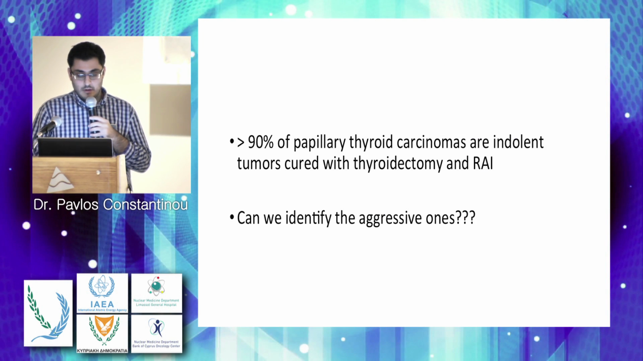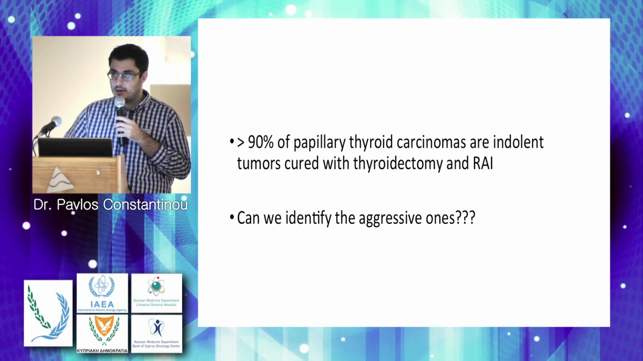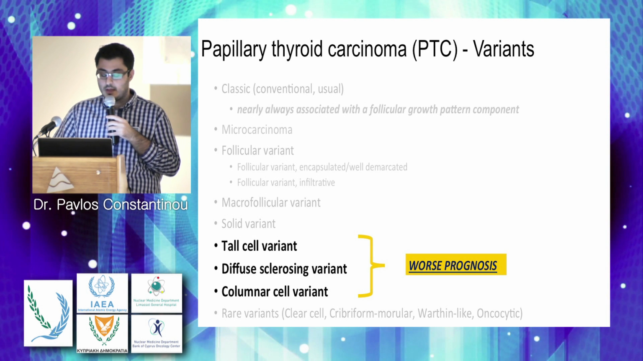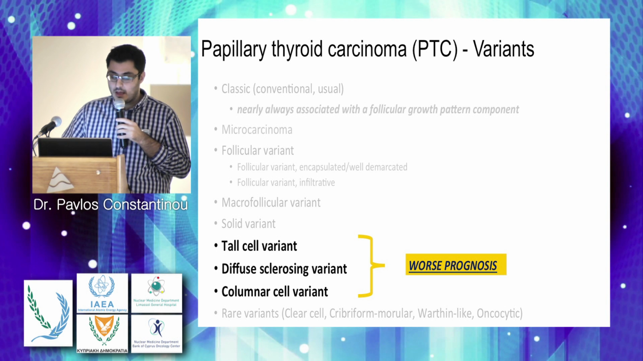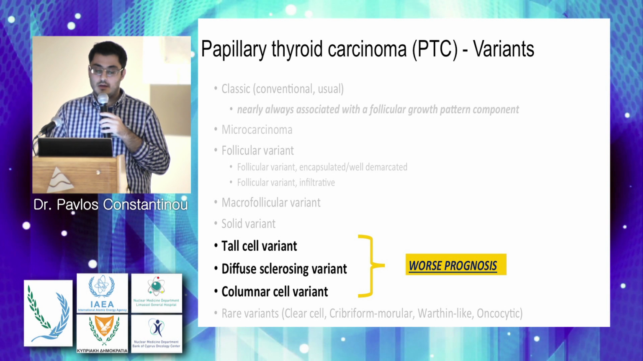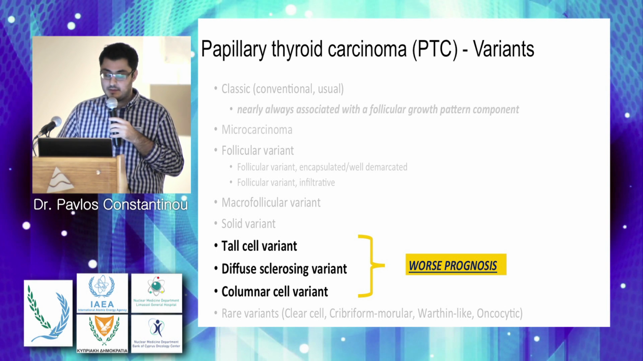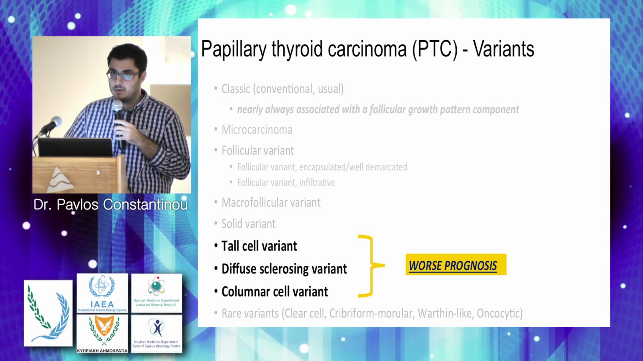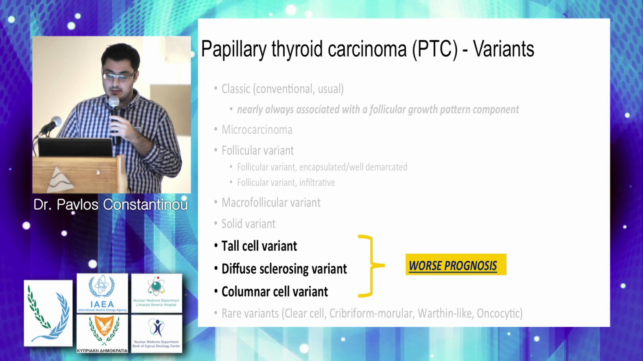It's true that over 90% of papillary thyroid carcinomas are indolent tumors cured with thyroidectomy and radioactive iodine, but can we identify the aggressive ones? Again, the slide with the variants of papillary thyroid carcinoma. You can see here that there are 3 variants that correlate with the worst prognosis: the tall cell variant, the diffuse sclerosing variant, and the columnar cell variant. We will say some more things in detail